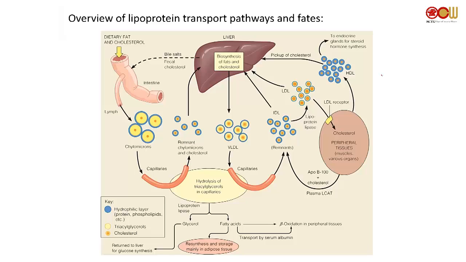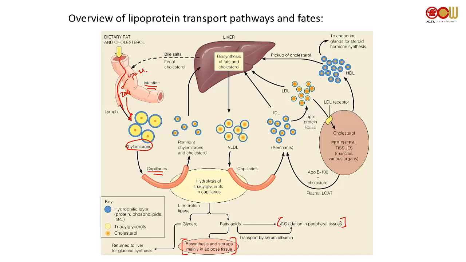Right, so the way it works is like this. This is the overview. Your dietary fat and cholesterol go into your intestine, where they are converted into chylomicrons. We talked about that process: TAG is broken down by the lipase, comes out, and is reassembled into TAG. Then these chylomicrons can be transferred through capillaries to different places, for example to storage in adipose tissue or